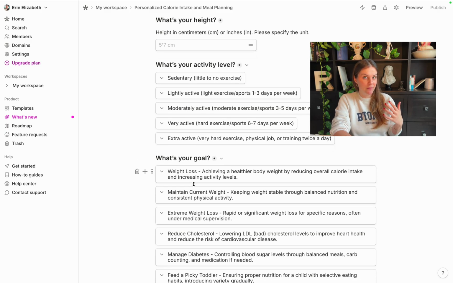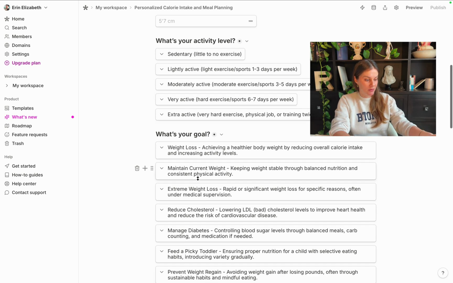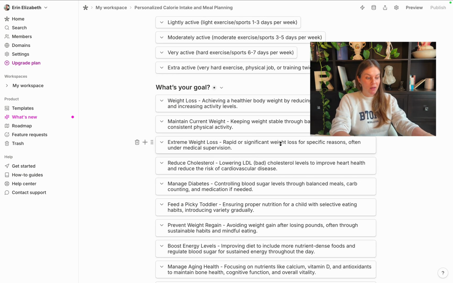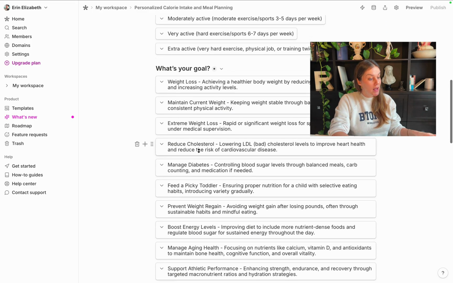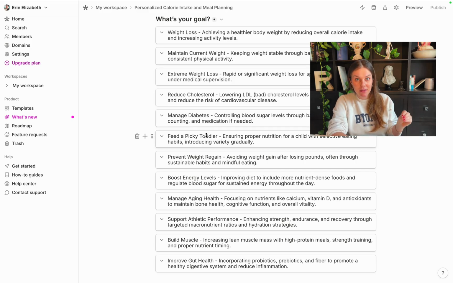So people can have very vast goals when it comes to their fitness or their health. So we have a couple different options here, like weight loss, maintain your current weight, extreme weight loss, often under medical supervision. You don't want to encourage people to lose a lot of weight, but maybe somebody needs that for a wedding or whatever. Reduce your cholesterol, manage diabetes, feed a picky toddler. This could even work for a mom who is struggling to put together a meal plan for their toddler who doesn't eat anything, which is literally me. So it's going to be able to personalize the calorie needs of even a toddler,